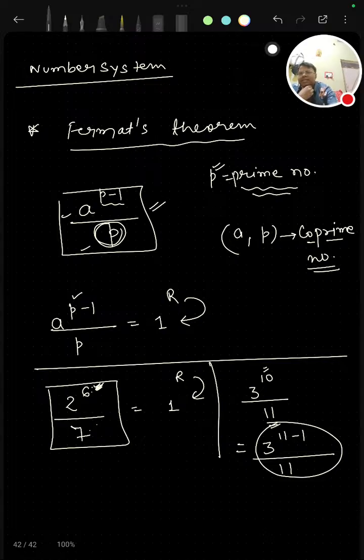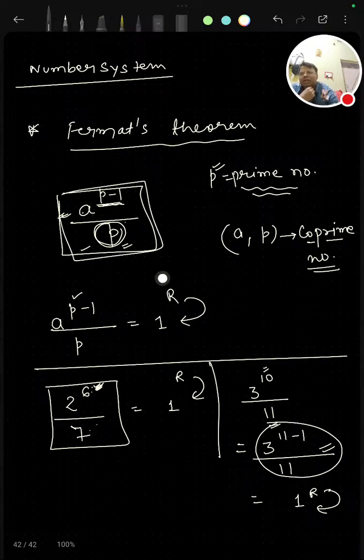You can see that this formation is a to the power p minus 1 upon p. तो इस केस में भी रिमाइंडर कितना होगा? इस केस में भी रिमाइंडर 1 होगा, ठीक है। तो आपको चेक करना है, you have to check that a and p must be co-prime numbers and p is a prime number, so that a to the power p minus 1, this type of formation always gives remainder 1. This is Fermat's theorem. Okay, चलिए